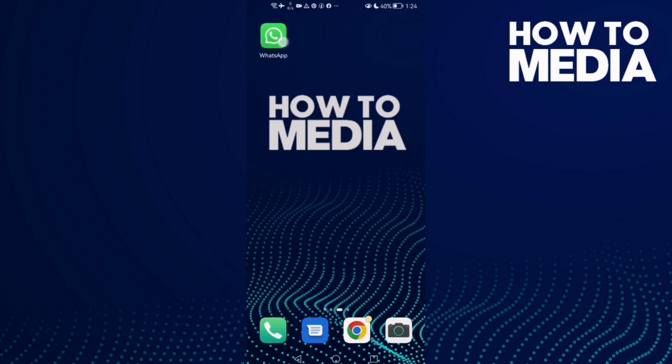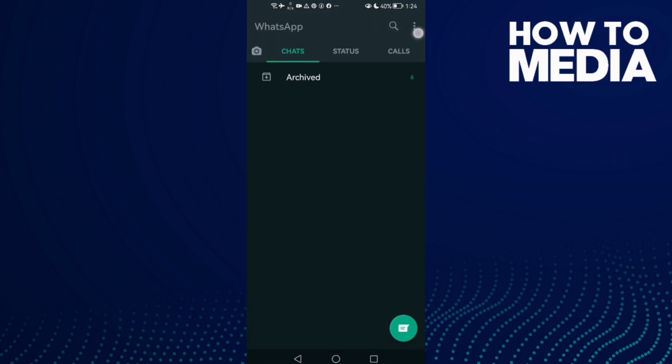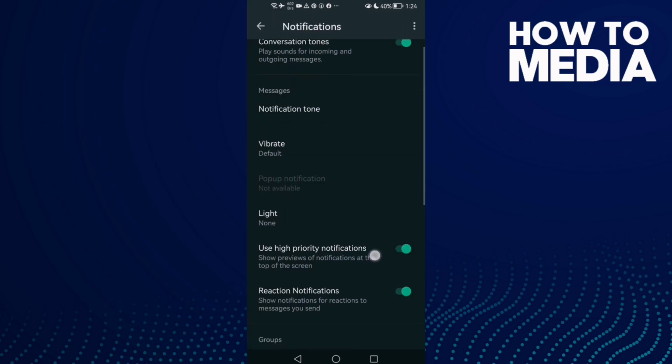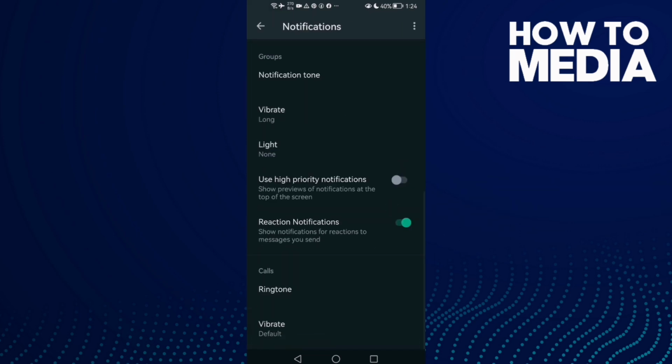First thing, go to WhatsApp, and here you will find these 3 points in the top corner. Click on it and then click settings, and here you will find the notifications, and then scroll down until you find vibrate,